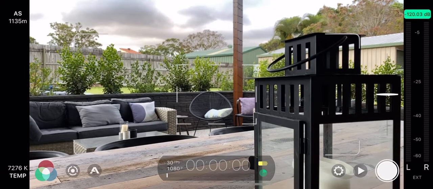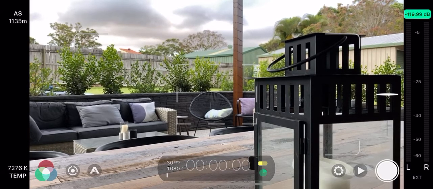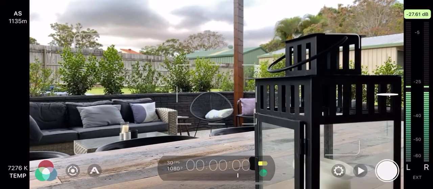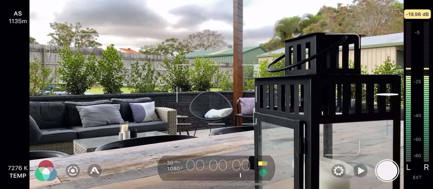And to turn it up, the white bar underneath the time code is what you want to slide to the right in order to turn up the microphone. See, as I slide it to the right, you can see the levels on the right hand side now. You can see that they're going into the yellow. What you don't want is for them to go into the red. Once they go into the red,